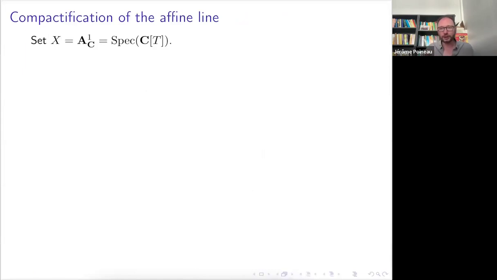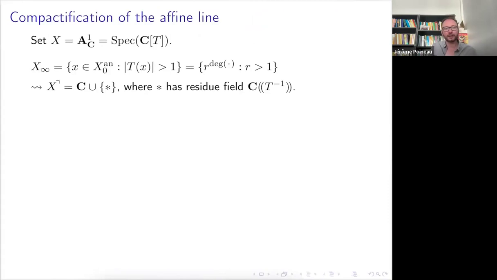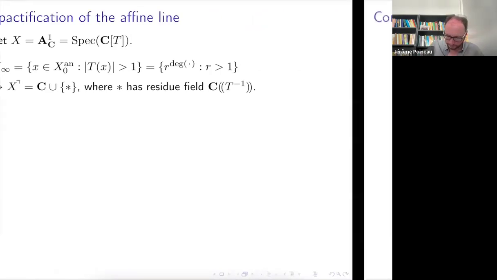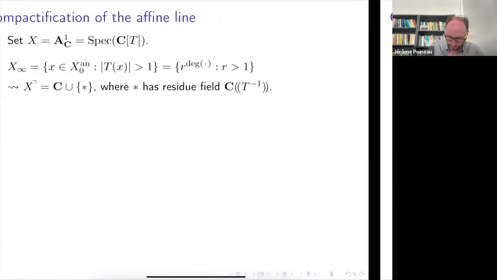Okay, and maybe I'm going to show you what it looks like on some examples. So let me start with the affine line. So you remember that we have this,